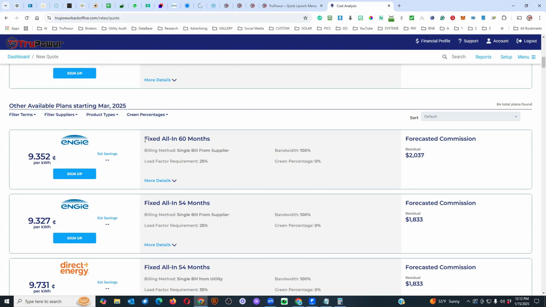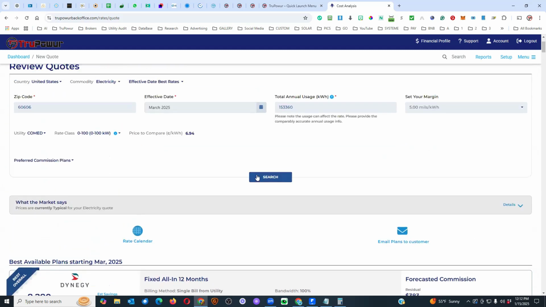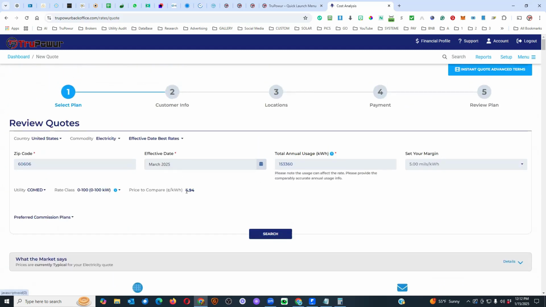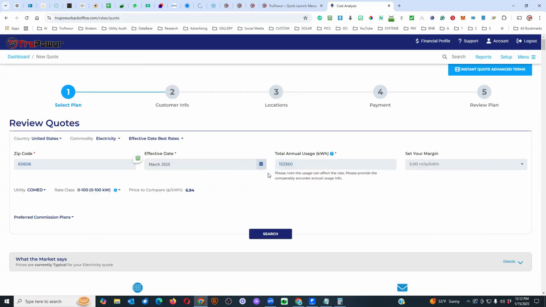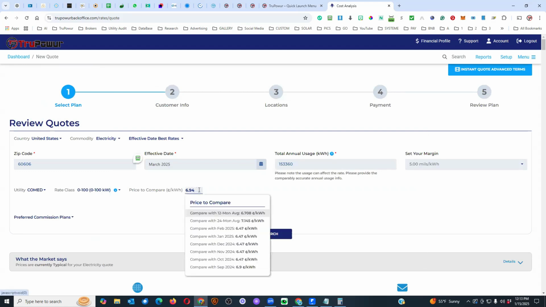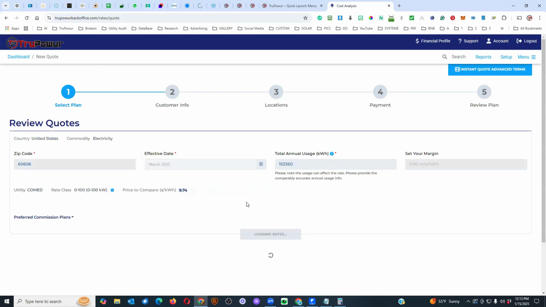But you have to remember, this is for a fixed all-in term of 60 months. So we need to convert that number up here to a fixed all-in equivalent. And in order to do that, we need to take that fixed all-in number after calculation and then put that into the pricing platform. So when we do that and hit update,